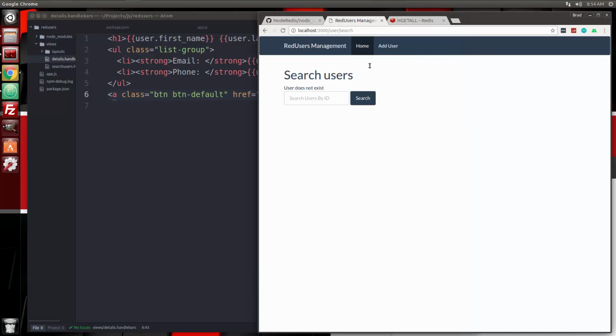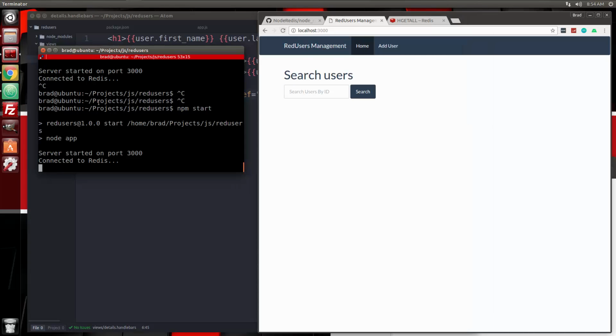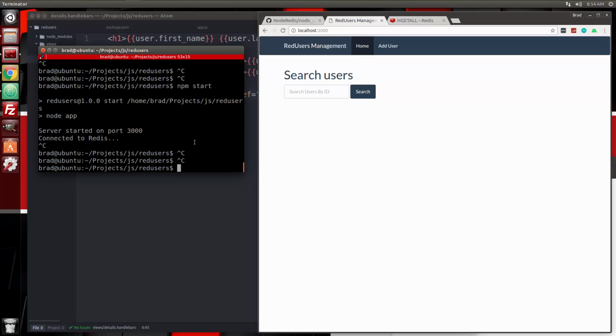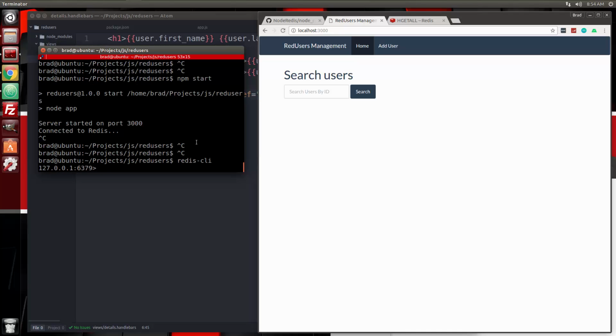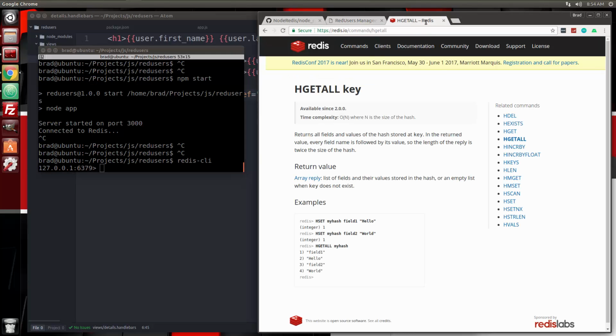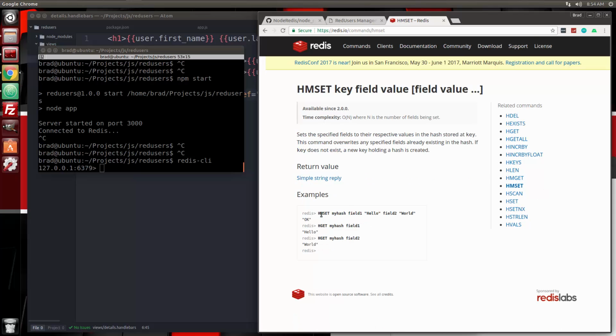And now we don't have any users in our database. So what I'm going to do, I'm going to exit out of our server for a minute, and we're going to go into redis-cli. And from here, we're going to add some users. So we're going to use the hm_set command, and what we can do is hm_set and then the hash, which is going to be the ID, and then we'll have our fields, so email, phone, and so on. Alright, so I'm going to say hm_set user 001, that's the ID format we're going to have,